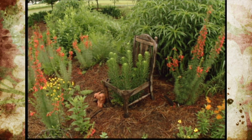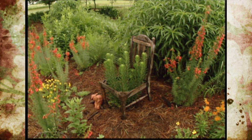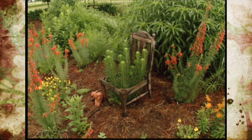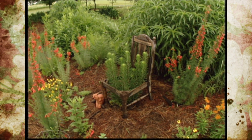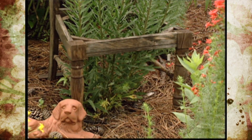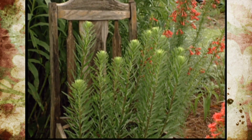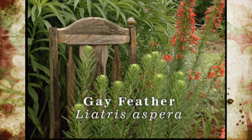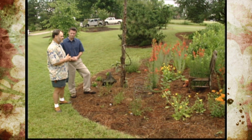Okay. I suppose about every family that lives in the country has a ravine where they put things like discarded furniture and non-paper kinds of trash, and I thought that would make a nice garden ornament. It took me a little while to figure out where to use it, but it's encircling a plant called Liatris aspera,